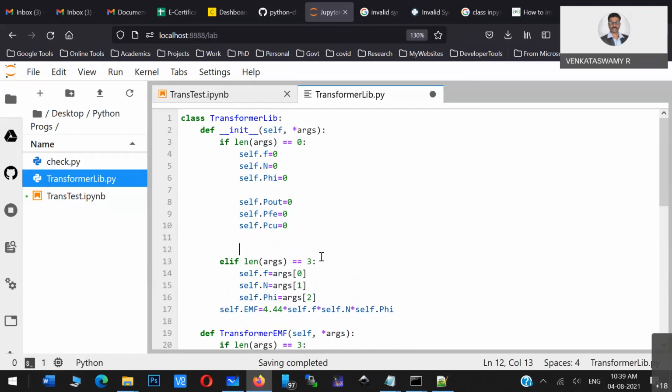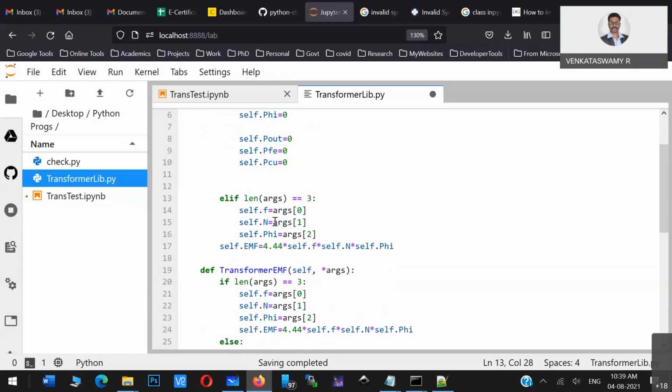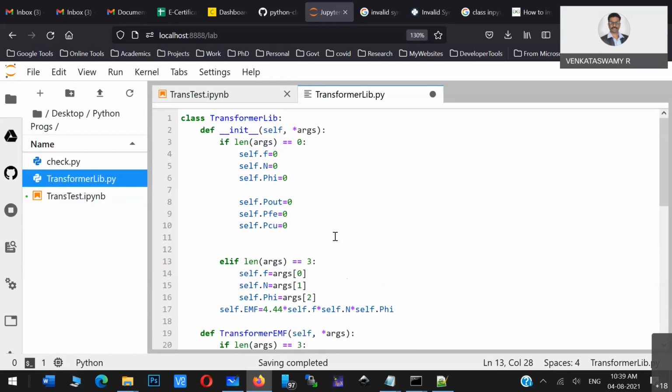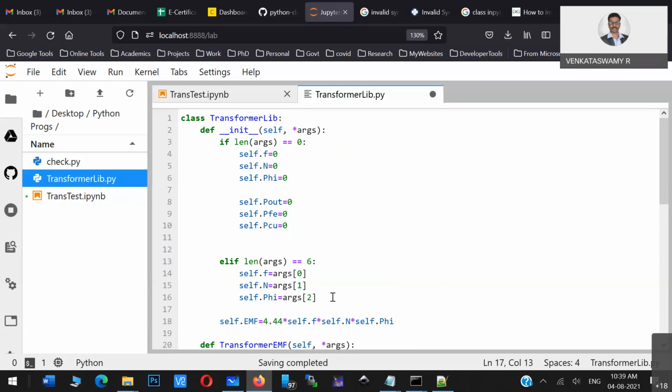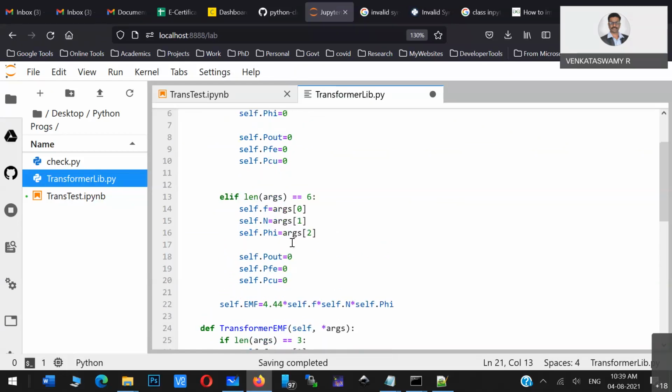Now the thing is, the number of arguments in this particular case to calculate the default values will be something else. So now what you can do, don't do any calculation in this particular place. In the constructor, try to keep some default values, and you can even calculate. That's what I am showing here. Let us calculate. If you don't want this block, skip it. So 6 parameters I will pass, and these 3 variables will take the next additional 3 inputs.